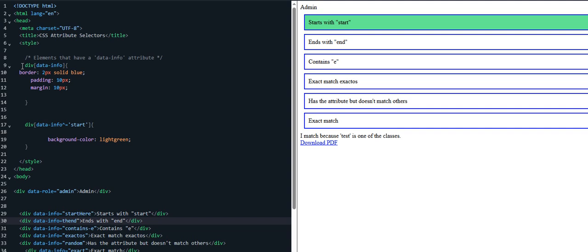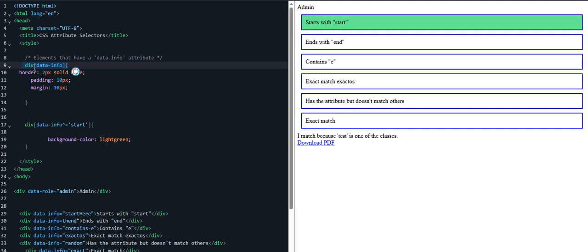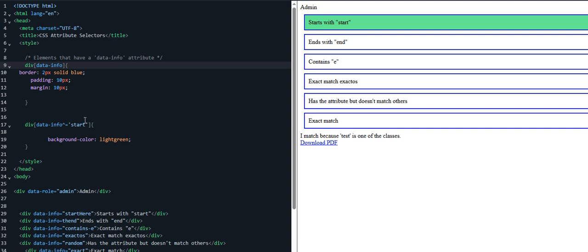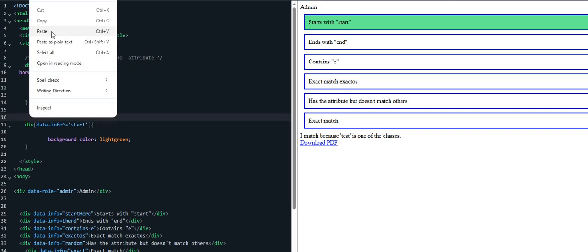When you select an attribute, you put these square brackets between the element and the element div, and the attribute before the square brackets. When you work with an attribute, you put square brackets here. Let me put a comment, because here